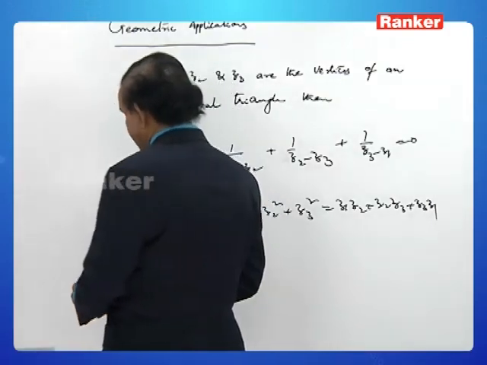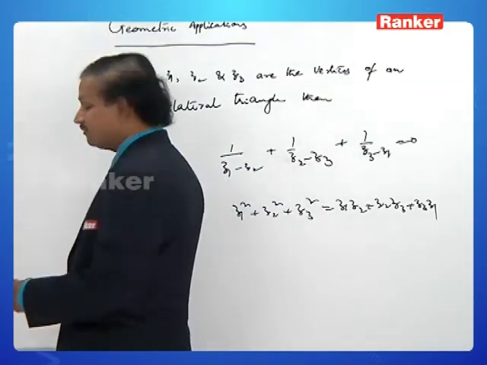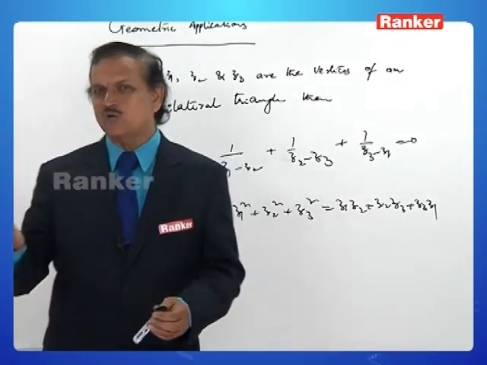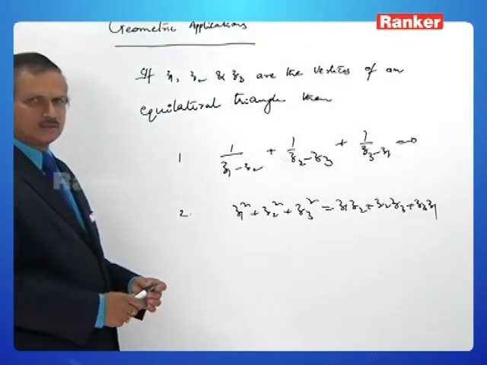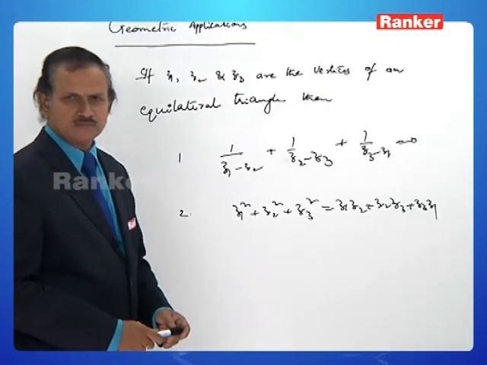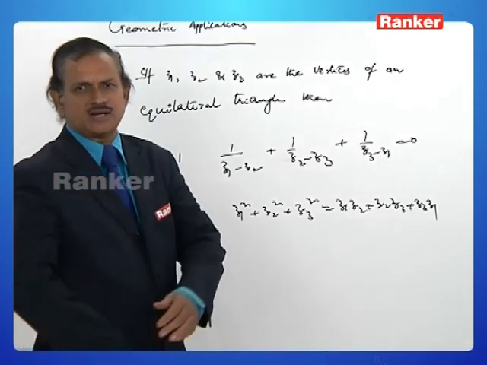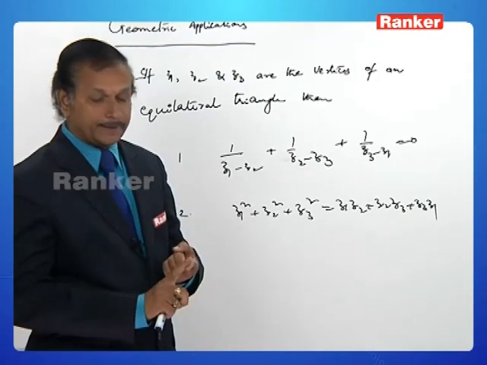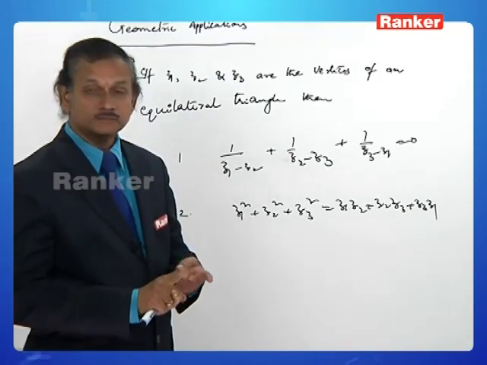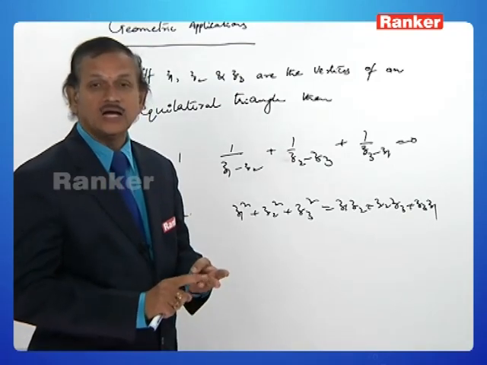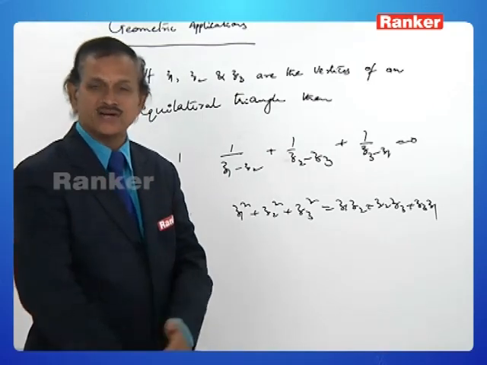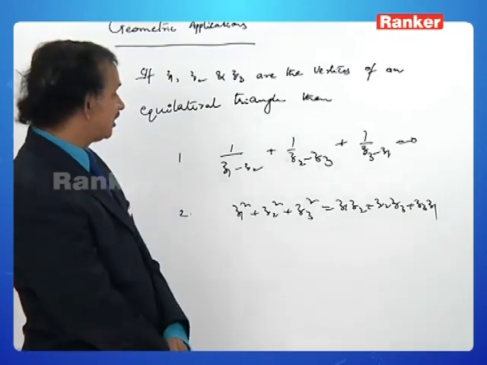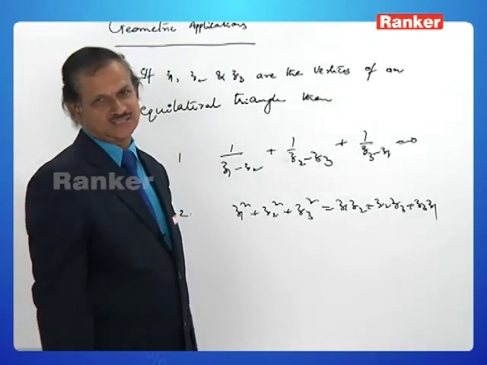Not only that, if Z0 is the centroid or circumcenter, I think everybody knows that in the case of an equilateral triangle, centroid, circumcenter, orthocenter and incenter coincide at one point, that is centroid, of course. If at all that is Z0,